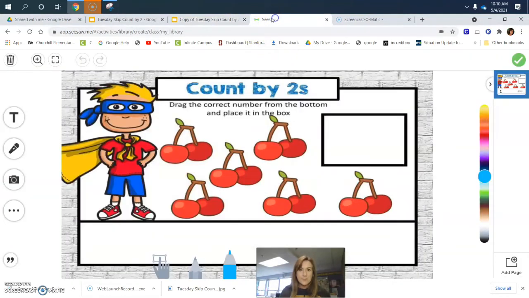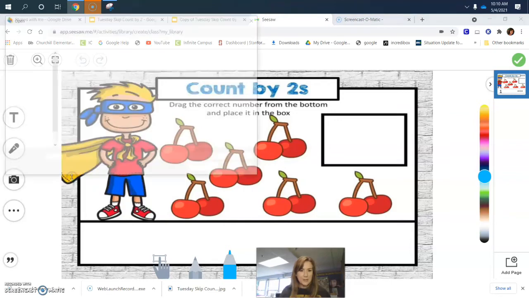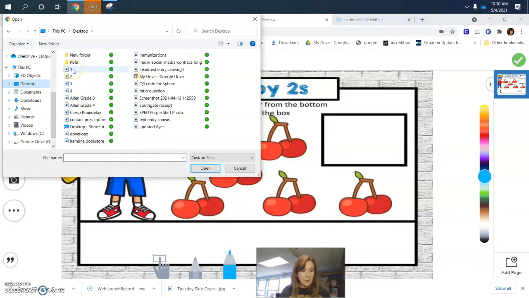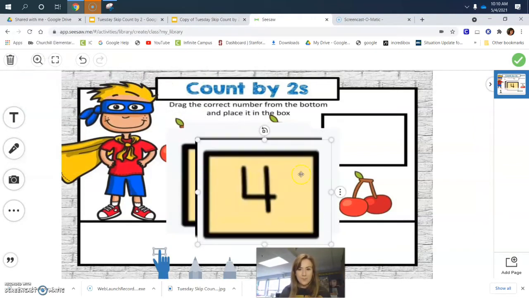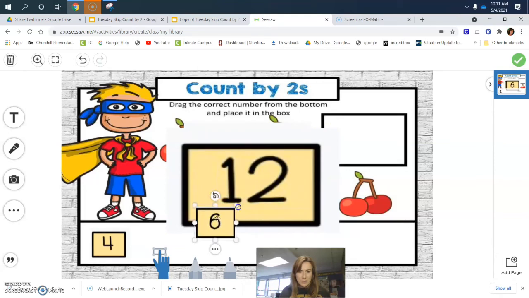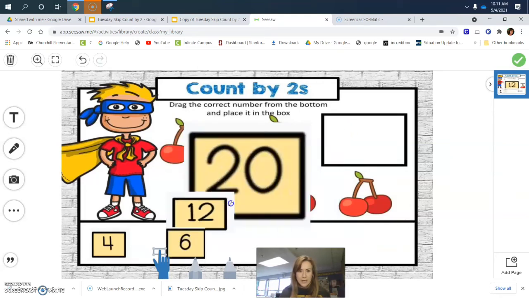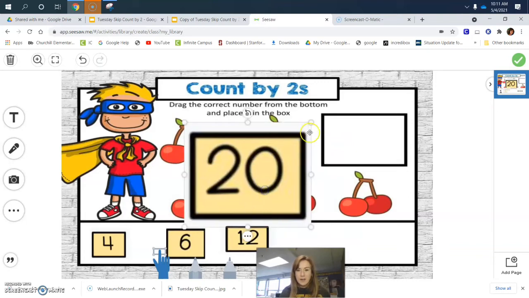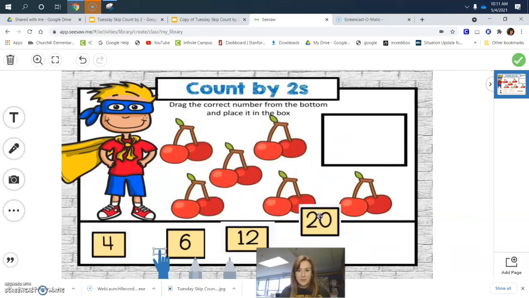Now I go to Seesaw. And now I'm going to add some images. And these images are all on my desktop. So I'm going to click Upload Desktop. And I'm going to click 1, hold the shift down, 2, 3, 4, click OK. And notice they're really big and blurry, but they will look better when I make them smaller. And now these little pictures are movable. So I just took what was a Google slide deck and I turned it into an interactive Seesaw activity for